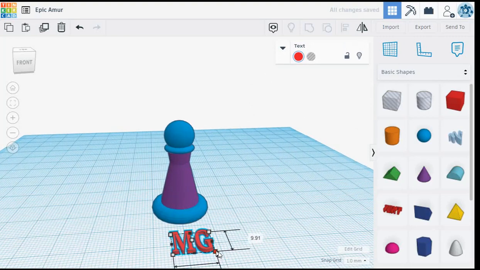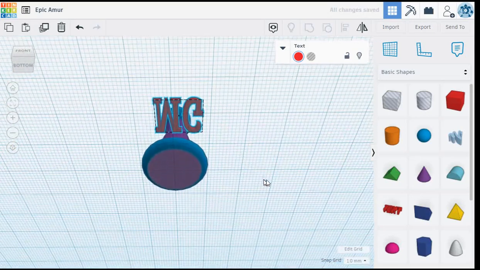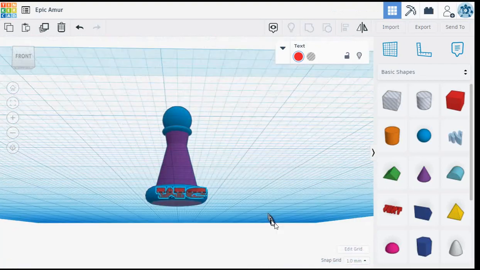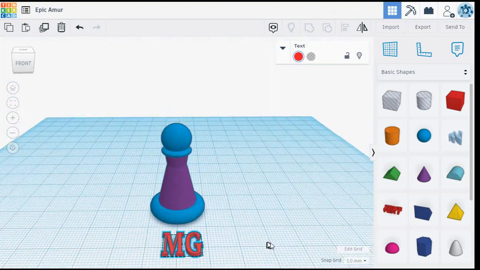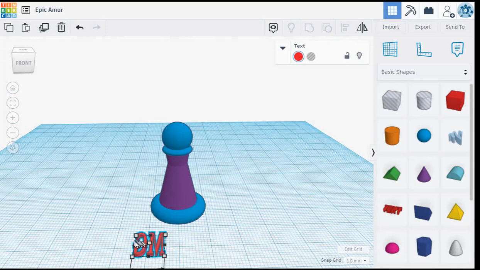Well, these initials, if I flip this upside down, these initials are going to be upside down and backwards. And we should fix that before we make them stick to the bottom of our pawn. So to turn them upside down and backwards, I'll click on it, this black control, and I'll pull it all the way through to the other side. Well, now from this perspective it's reading backwards, but if we flip our pawn upside down,